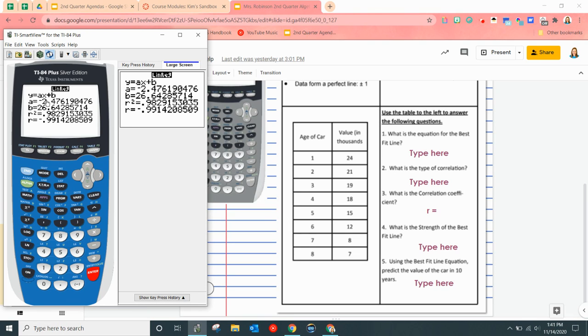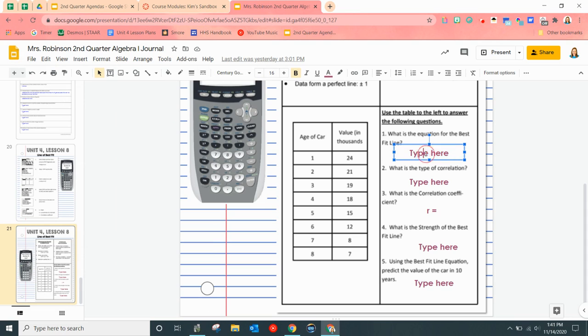round. So I'm seeing that I have a negative 2.47. I'm going to round that to negative 2.5. If you want to do 2 decimal places, that's fine. So remember, when I write my equation, I'm going to say y equals, I'm going to put my A value first because that's my slope, then the X, then plus my B value. So I'm going to say over here, it is y equals negative 2.5x plus, now I need my B value,